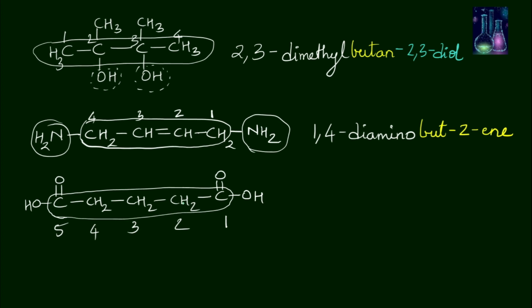In some cases, the parent chain contains 5 carbons and the carboxylic functional group is at the first position and at the fifth position. Therefore, the name of the molecule is pentane, but the E is replaced by 1,5-dioic acid. Now, why am I writing dioic acid? Because there are two carboxylic groups, dioic acid. So, I hope you understood the examples.